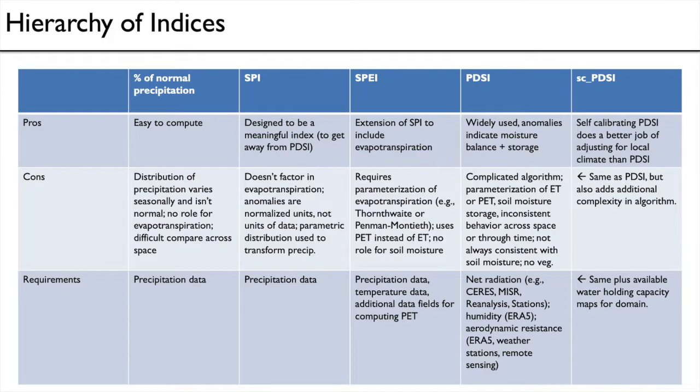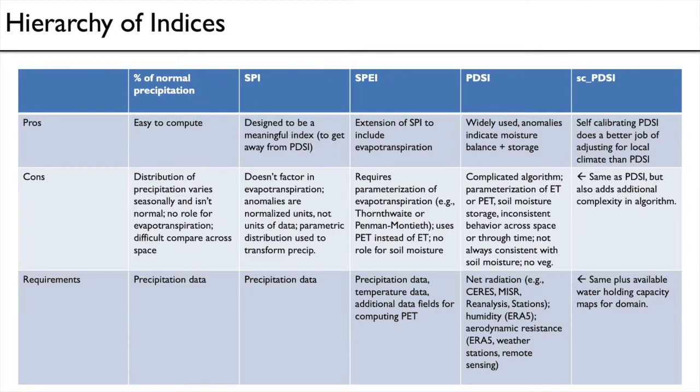We talked about PDSI, the pro. I mean, the biggest strength, the reason why people like PDSI is it's not that bad, and it's a pretty good approximation to first order at monthly timescales in many regions across space and through time to moisture balance. But it's simpler than computing soil moisture in many contexts, and it can be compared across space and through time. It's also widely used, so any results that you have in PDSI, you can compare to other authors and other researchers' results. The algorithm is quite complicated.